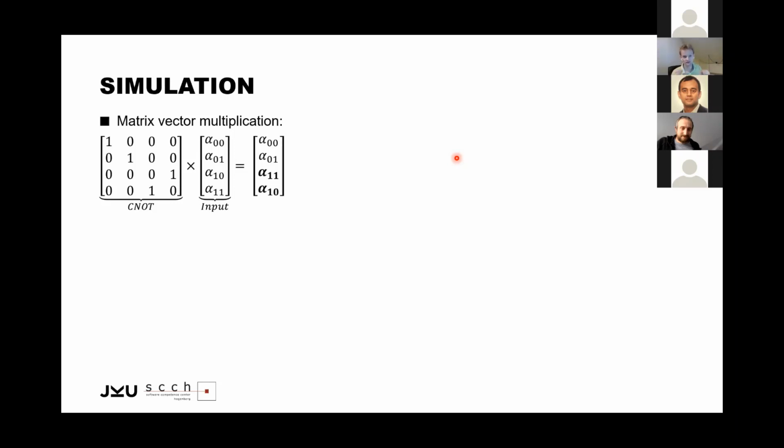The nice thing about simulation, at least when we talk about perfect simulation, so not considering noise or error aspects, which are also important but which I will ignore here for the sake of my argument, is that in quantum computing you don't have to become a quantum physicist or a quantum expert, because simulation in quantum computing is basically just matrix-vector multiplication, whereby the vectors represent the state of a qubit and the matrices represent